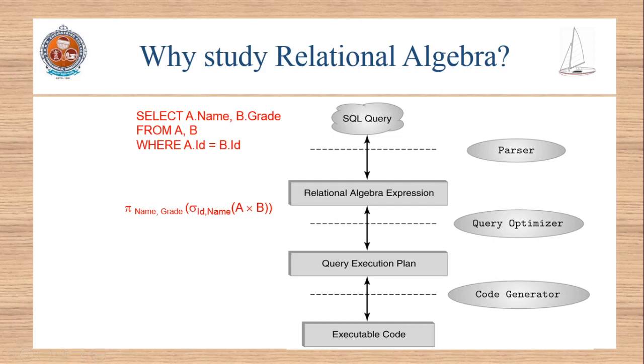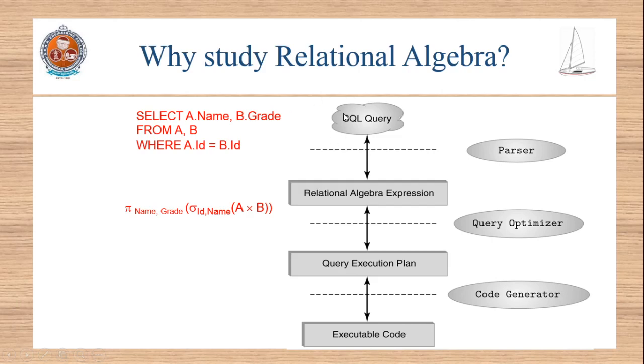In our structure here in this diagram, we are just explaining the first part, that is the query execution engine. What we said, when the query has been given, here the query is we are going to select name and grade from two relations. Means one column from relation A and one column from relation B. That is name from relation A and grade from relation B. And we have one condition here, that is A dot ID equal to B dot ID. Means in both the relations the ID must be the same. For that type of tuple, we are going to retrieve the name and the grade. So this is the SQL query given by the user.